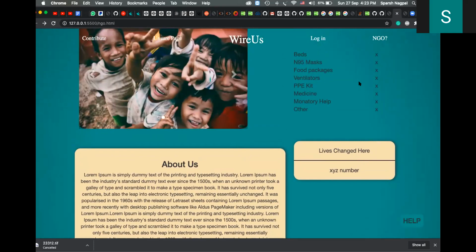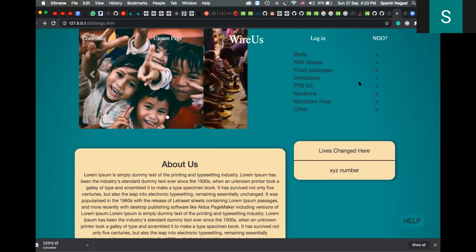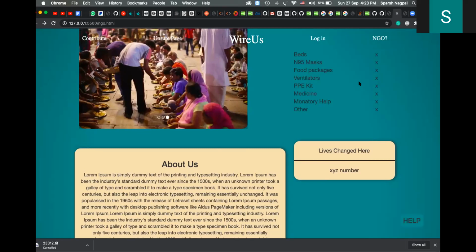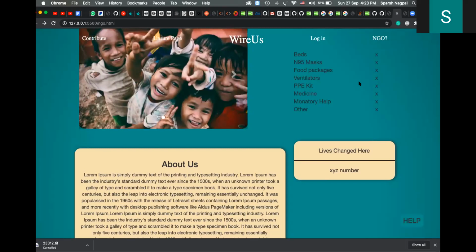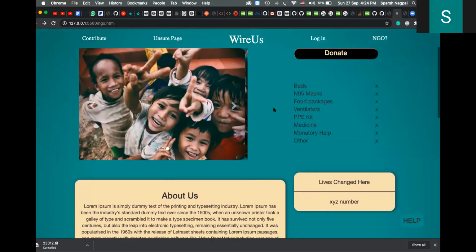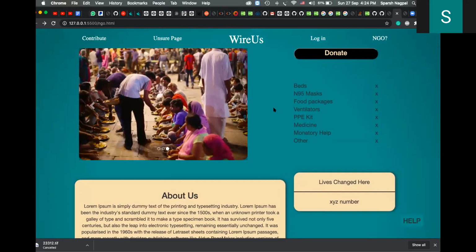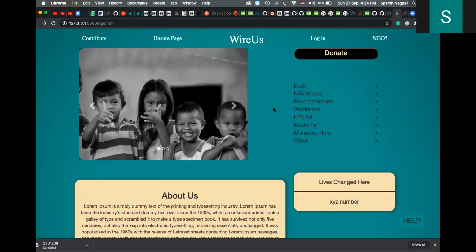This way, every time a person donates, an extra life is saved. So a user would feel that they're not just giving away money. In return, they would feel a sense that they're making a difference. So that is the basic idea. Instead of adding a lot of features, something that would make the user feel happy. That's what the website